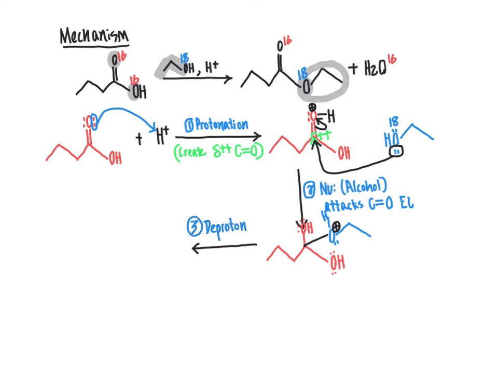So step 3, deprotonate. And we can show that happening by bringing in some source of base. Our base here that we have available from the reactant side of the equation, we just need a weak base here, and the alcohol will do the job of that. And so alcohol comes in, grabs a proton from our reactant there, forcing the oxygen-hydrogen bond to break, and that is going to give us then, on the product side of this equation, we'll have protonated our alcohol,